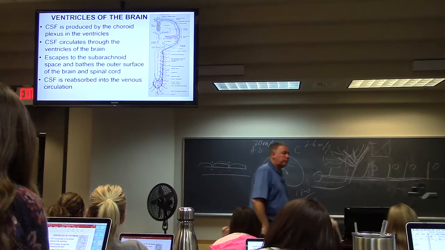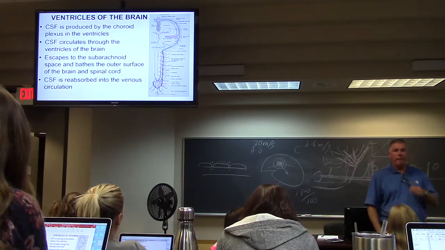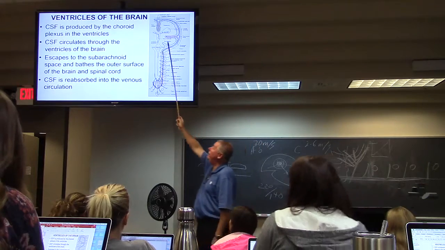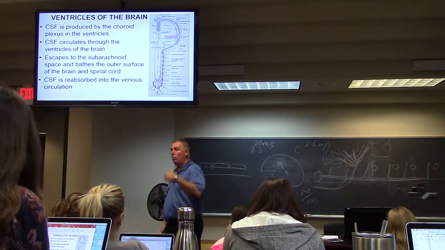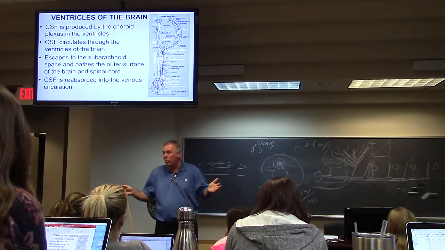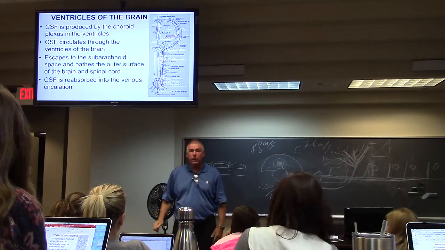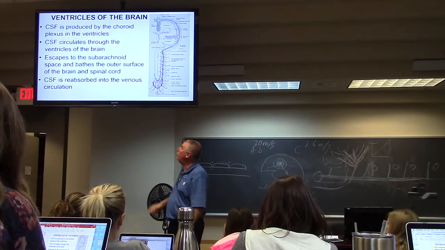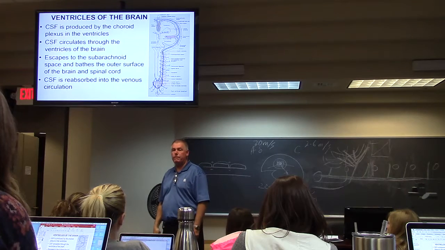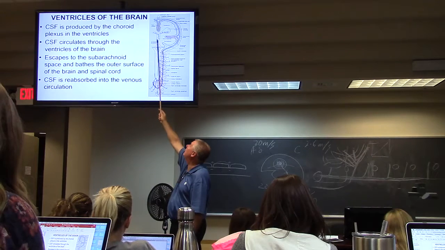Ventricles of the brain. You make about 150 cc's of cerebrospinal fluid every day. It's made in the ventricles of the brain. You have two lateral ventricles designated I and II, but one is not the right or the left. They're just numbered with Roman numerals I and II. So people just call them lateral ventricles. The lateral ventricles drain into the third ventricle through a foramen. The third ventricle is a midline structure.